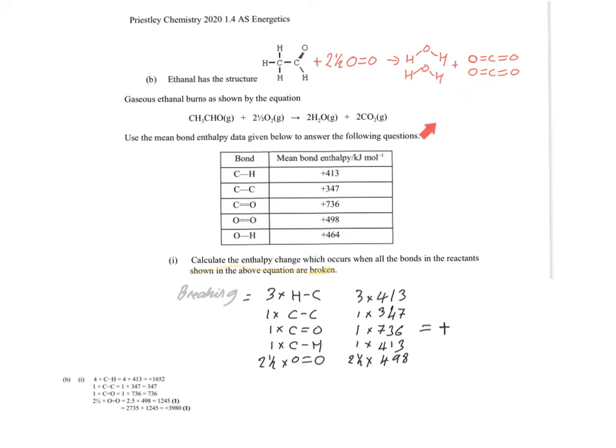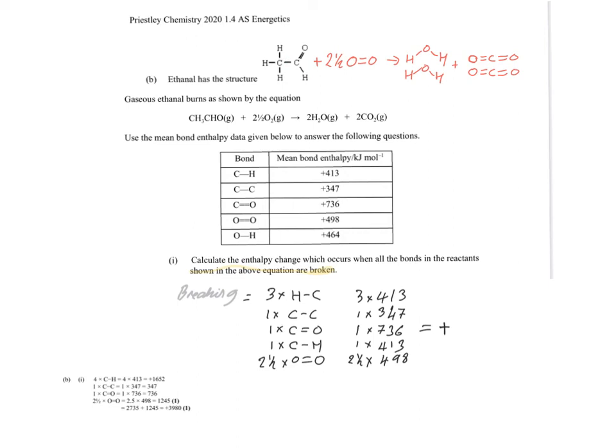Now in this question it's quite easy to dive in and just use the overall equation delta H equals bonds broken minus bonds made. However, here they've broken it down for you. So it says calculate the enthalpy change which occurs when all the bonds are broken. And what you must do is write out, explicitly show which bonds have been broken. So I've done it slightly differently than in the mark scheme here. What I've done is to go through each individual bond and write it down, and this is really, really important